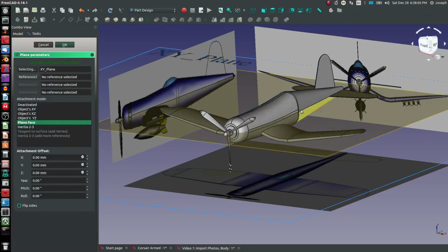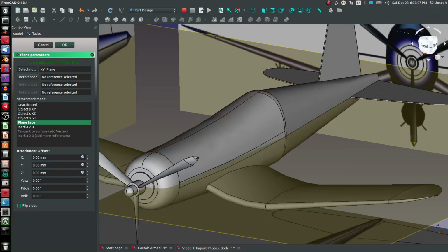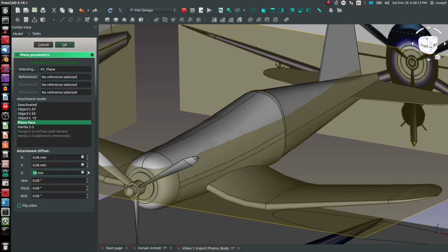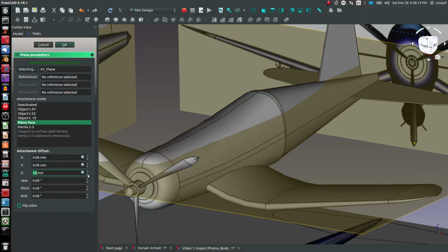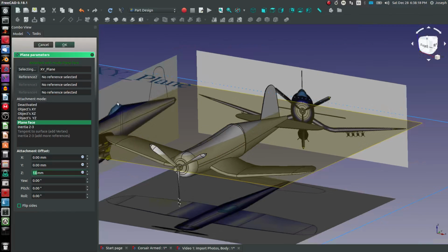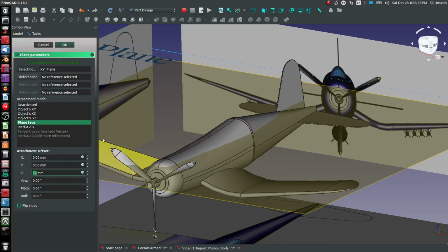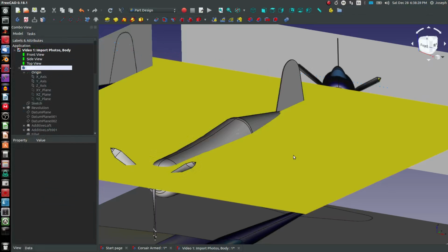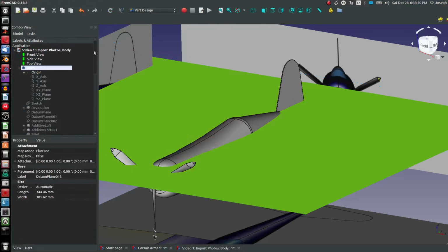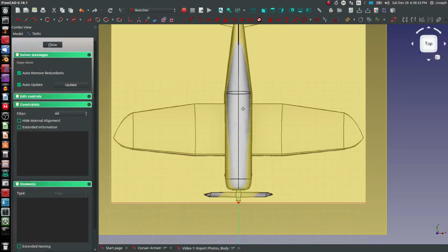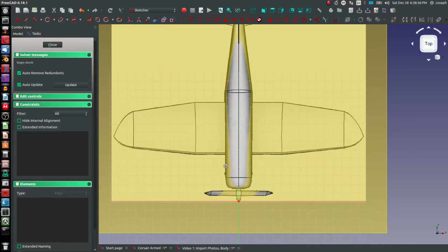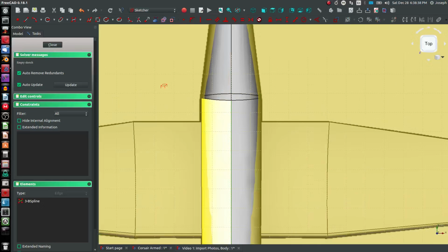and we're going to create a datum plane off of that. We want to ask ourselves, how deep do we want the cockpit to go? And if I bring this up, I'm going to take some artistic liberties because I think as pictured the cockpit is too small, or the canopy, whatever you want to refer to it as. And so I'm going to go 12 millimeters. And I'm going to create a sketch on this plane,